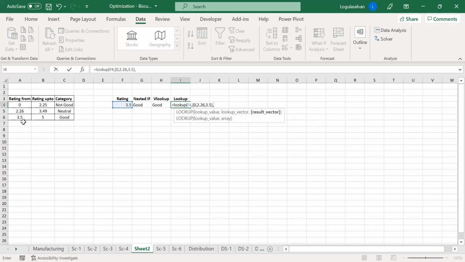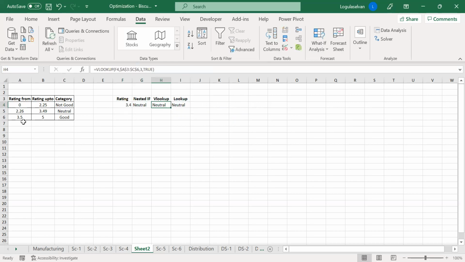Then the result vector is: the first condition is not good, the second one is neutral, then the third one is good. Close the bracket also. Here you will get the same result in all cases. Whatever value you change, the output automatically changes, and it remains consistent between all three formulas.